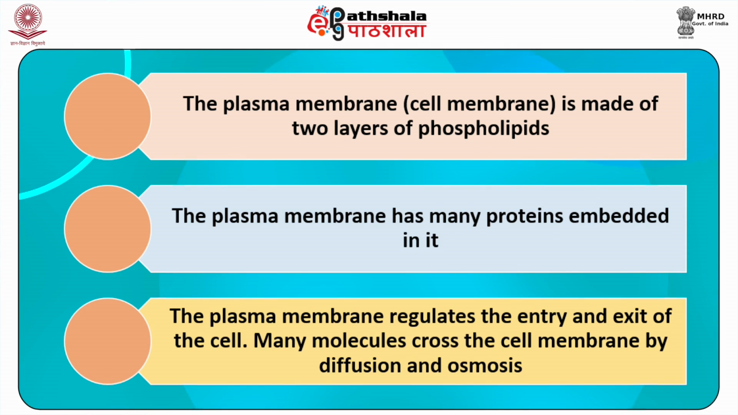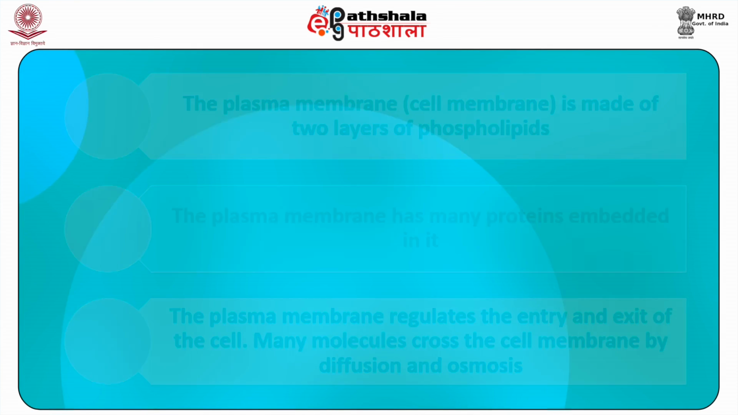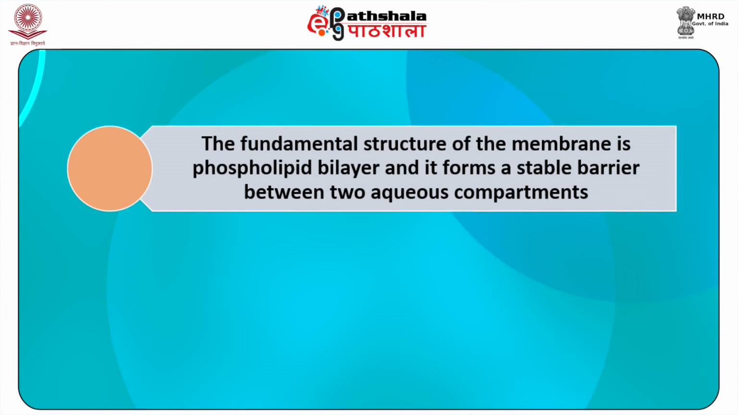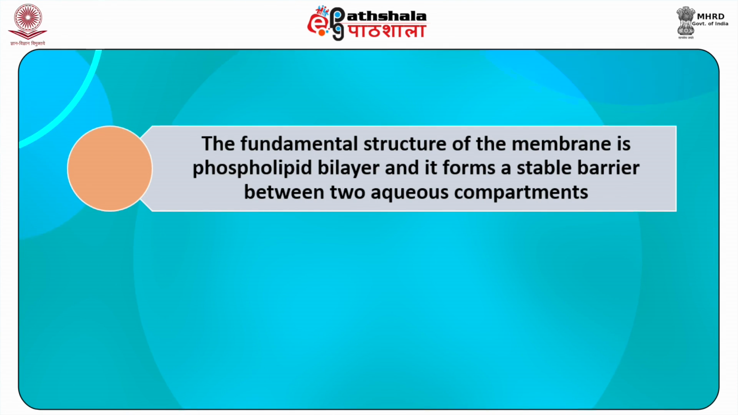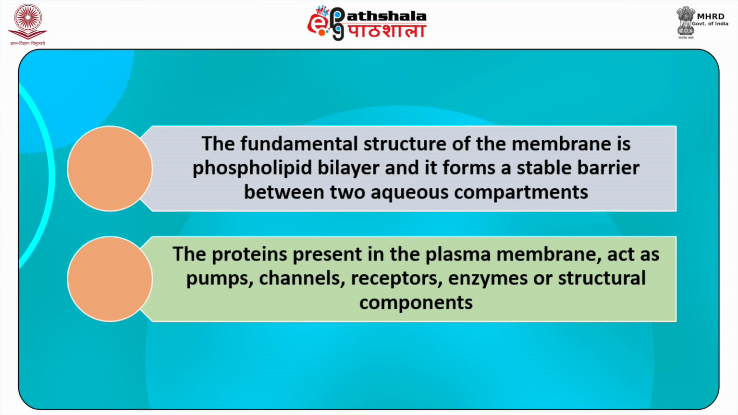Third, the plasma membrane regulates the entry and exit of the cell. Many molecules cross the cell membrane by diffusion and osmosis. The fundamental structure of the membrane is the phospholipid bilayer, and it forms a stable barrier between two aqueous compartments. Last but not least, the proteins present in the plasma membrane act as pumps, channels, receptors, enzymes or